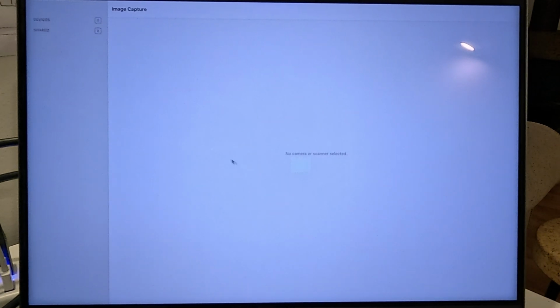So given it's a short and sweet day, I thought I might show the process that I go through at the moment to create the videos. What I do is I use Image Capture and connect the GoPro to the MacBook via USB-C and copy the images onto my hard drive, which is just located here. Once I've got the images on the hard drive,